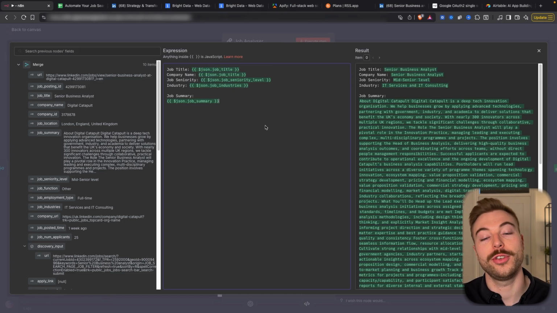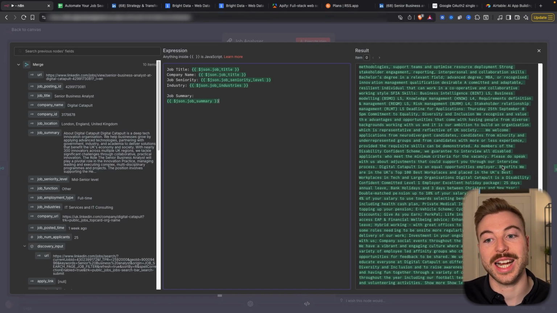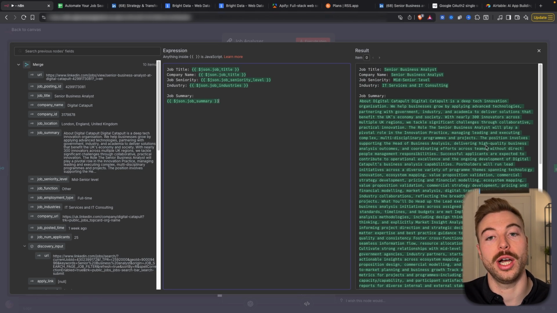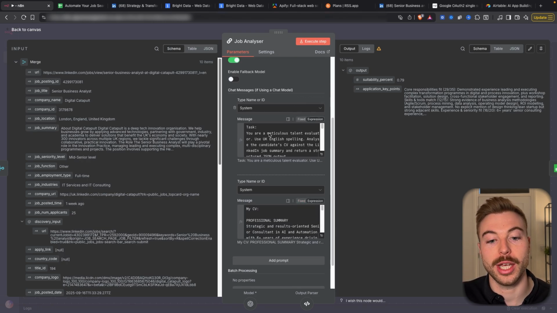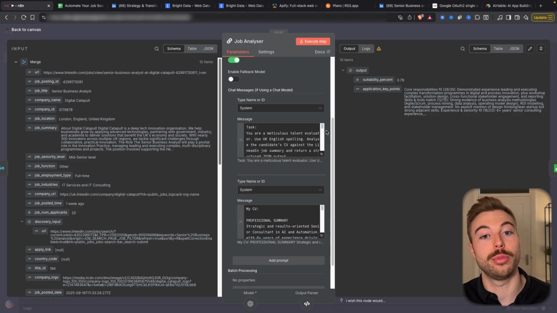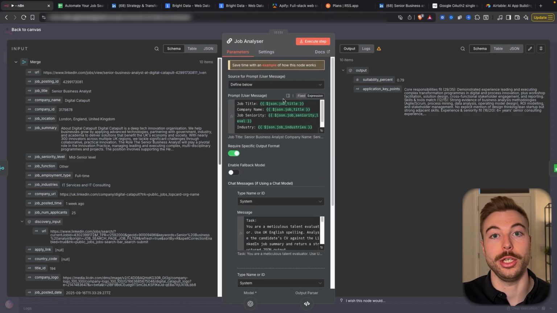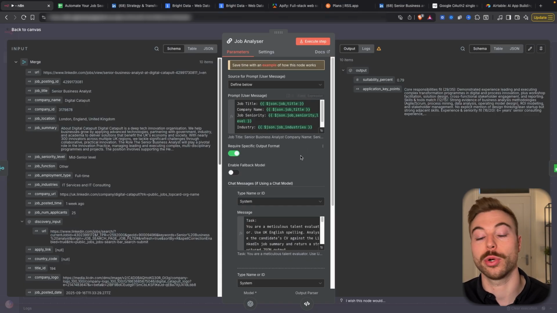And one of the features I love about n8n is because on the right hand side here, we'll see exactly what would be passed into our agent to analyze. But what are we going to be analyzing it against? Well, that's where we've come down and given it 2 system prompts. So these are going to happen before our prompt from the user comes through. Think of these as like priming prompts. They happen right at the start to give your AI agent context and awareness around the problem it's trying to